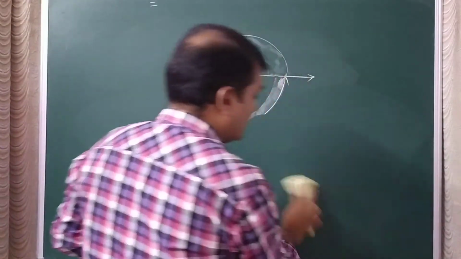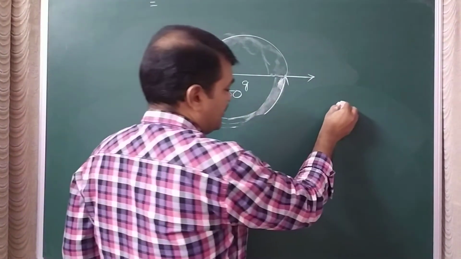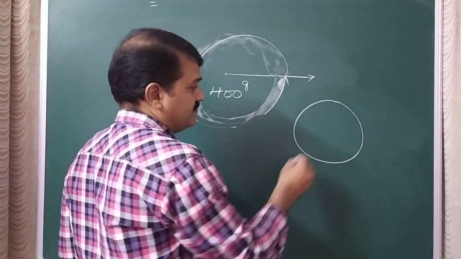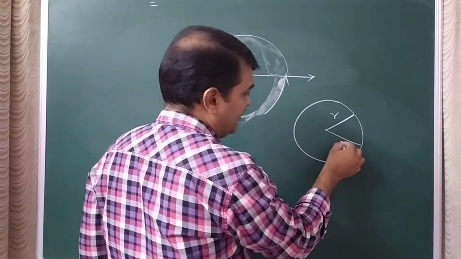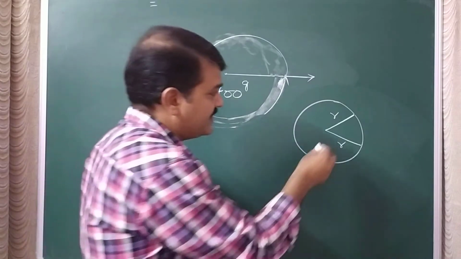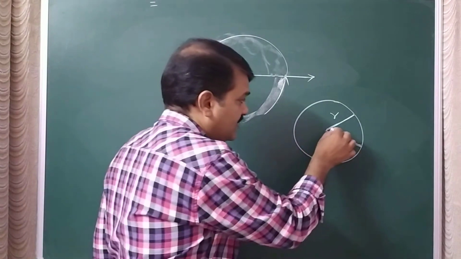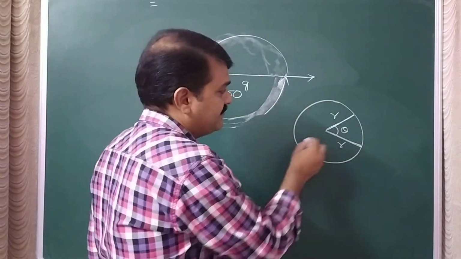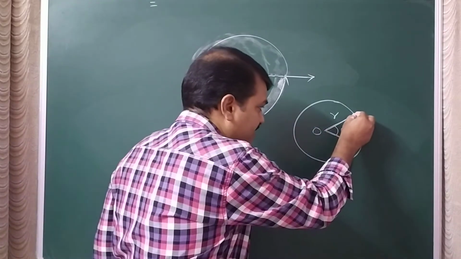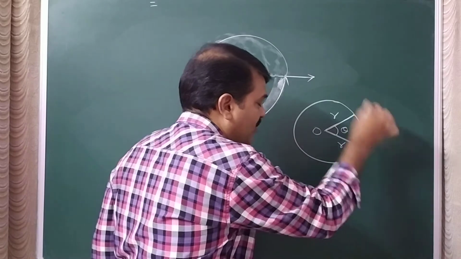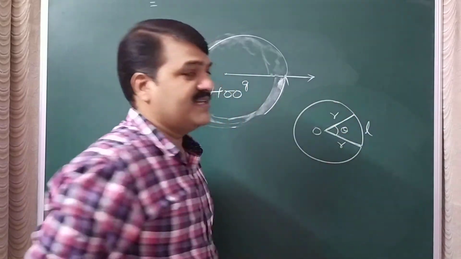Now let us go to radian measure. In radian measure, we take a circle with radius r. Let us suppose this to be a sector of a circle. Theta is the angle subtended at the center of the circle; for example, O is the center of the circle. This is the length of the arc, so the length of the arc of this sector is taken as L.